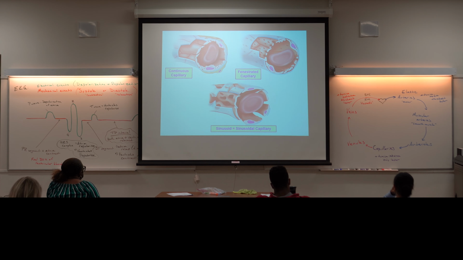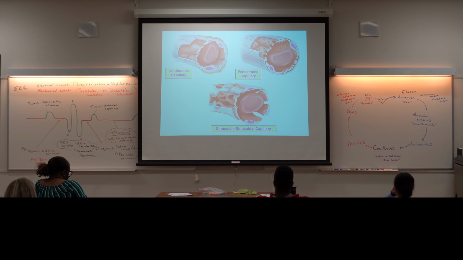I'll just jump to this one because that's where I was going next, and we'll jump back to the slides. Our continuous capillaries, you can see the only spaces for things to diffuse through are going to be those gaps in between the cells. But there are other capillaries in the body. The kidney, for example, when we get to the kidney, you can even see that. There's one of these models back here